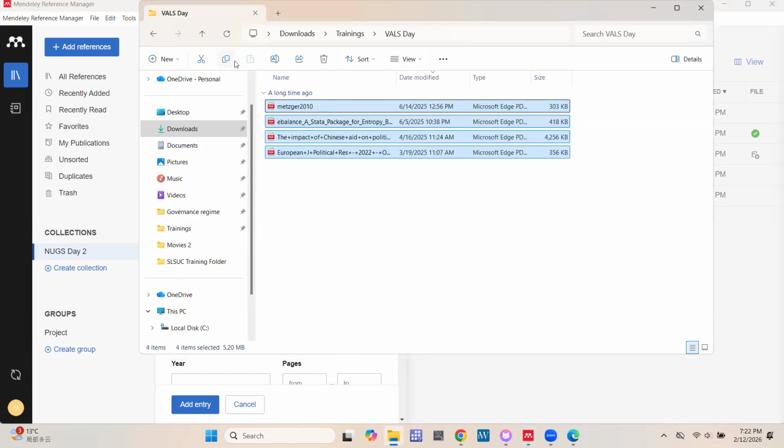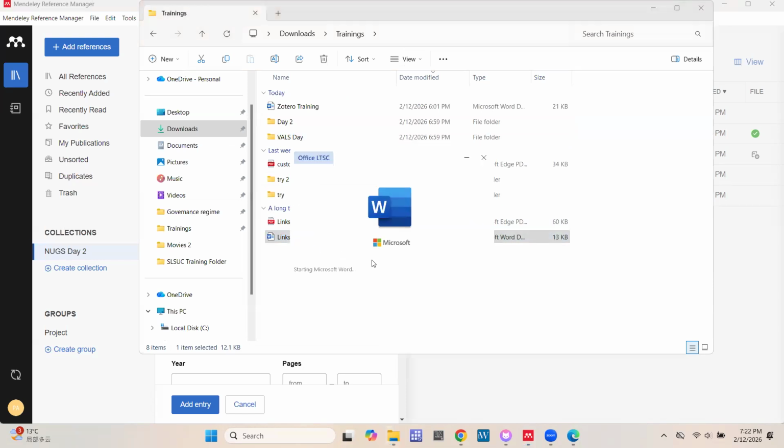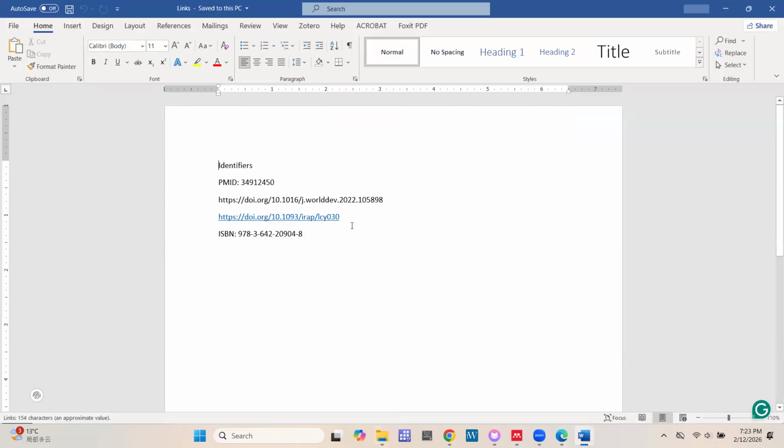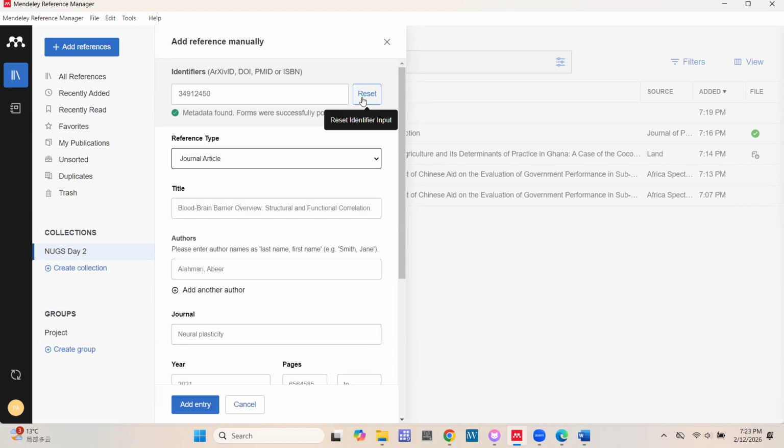All right, so let's try with some of the links we used for our previous class. So we have DOI. Let's try PMID, and let's see the feedback we get from Mendeley. So we have PMID over here. Go to Mendeley. We paste it, and then let's see what Mendeley will do.